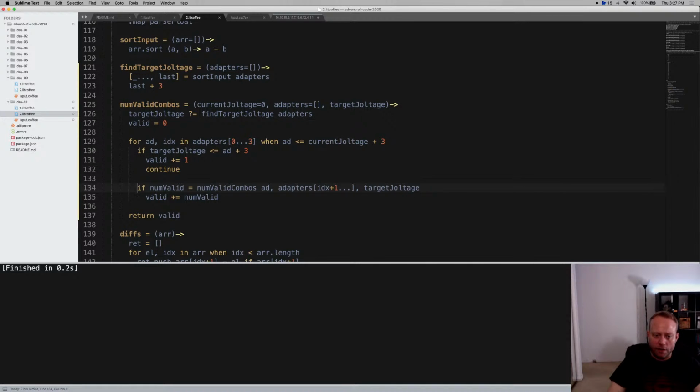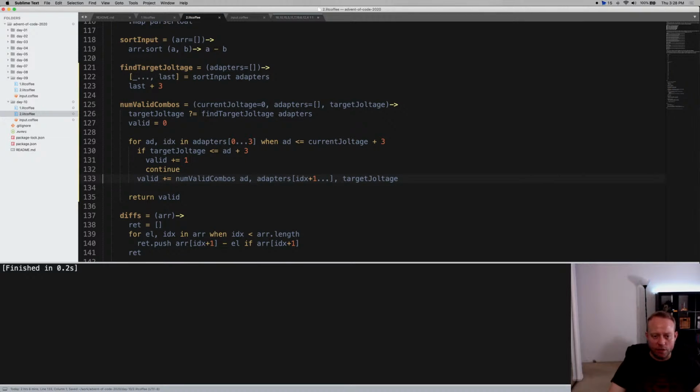And if valid. So do we need to do this if num valid equals? We could just do, yeah, we don't need to even do the if. And then